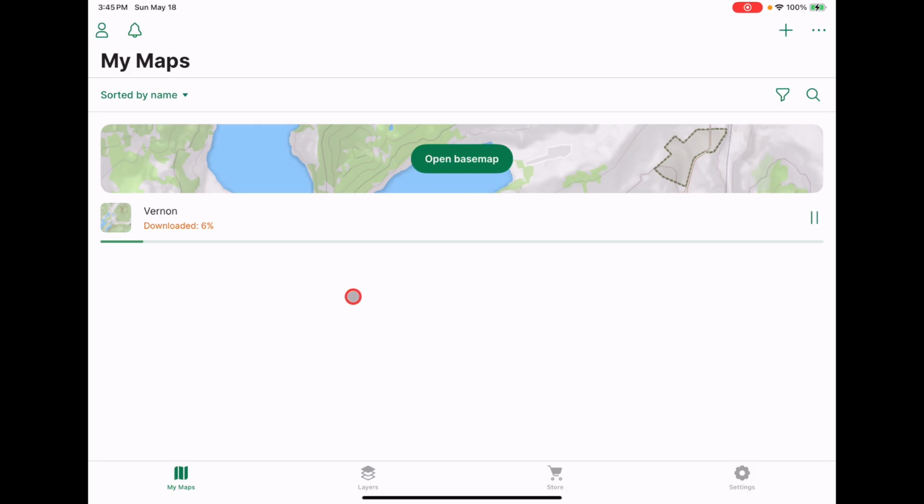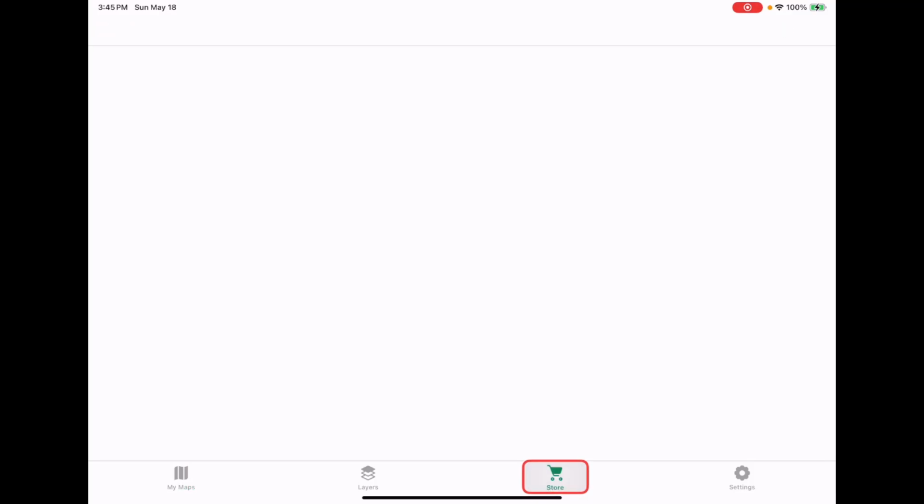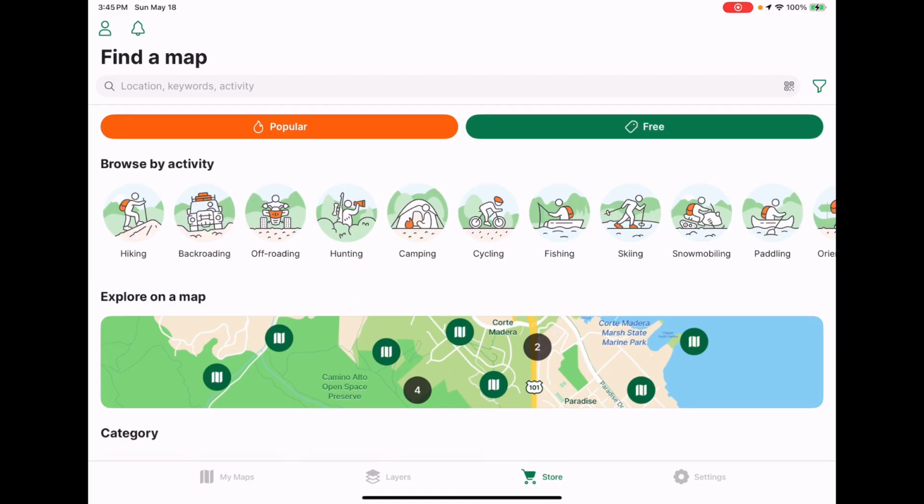So the second method that we can bring in maps is through the Avenza map store. There are lots of options in here, and there are some advantages. Some of the maps are free, and some you have to pay for. We can find that area by going to the Avenza store down here, clicking on the store tab, and